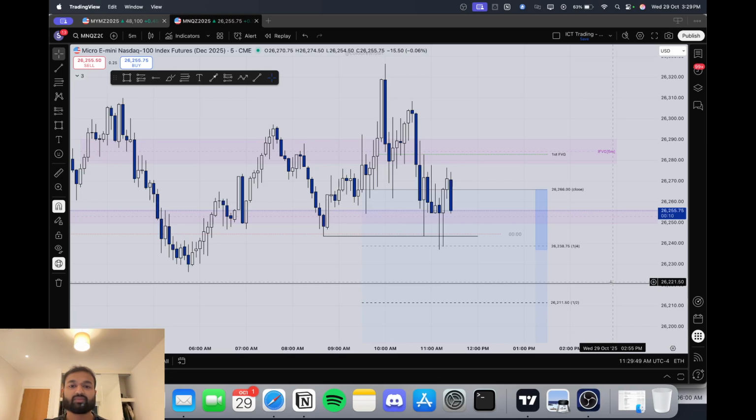And then what did we get here? We took out the highs and then we came straight back lower, creating an IFVG. So 2 minute might be clearer. Well, you just want to put that fair value gap there basically, and short as soon as price retraces to there. I took an early one. I could have waited, but sometimes price doesn't really like to wait. So look at that, perfect.